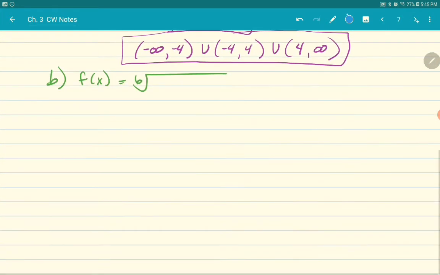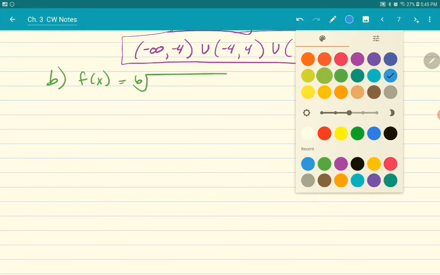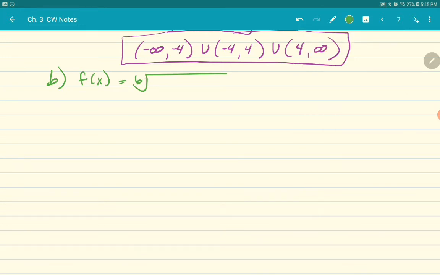Okay, so for part B, the example is going to be the 6th root of negative 9 minus 3x. Since it's an even root, and 6 is even, that means my negative 9 minus 3x must be a positive number or 0. It's non-negative, so it's greater than or equal to 0. So this is my restriction. I need to solve this, and I get